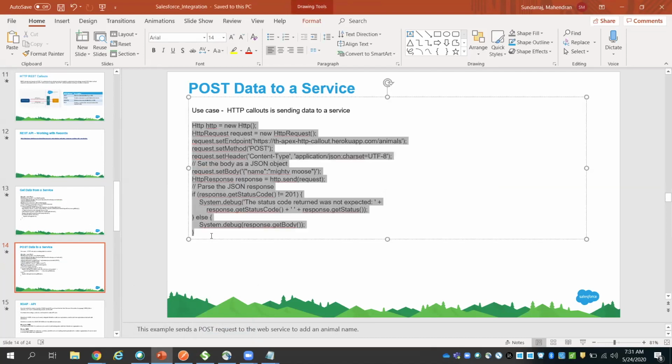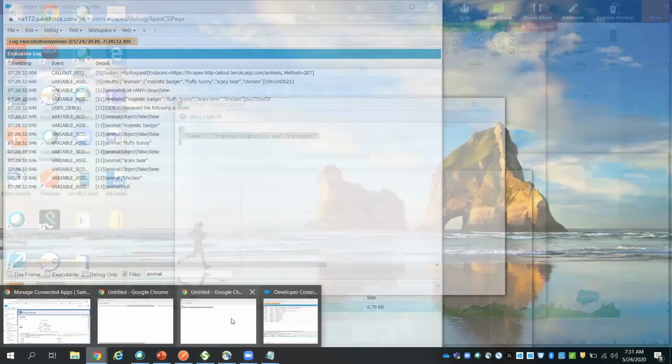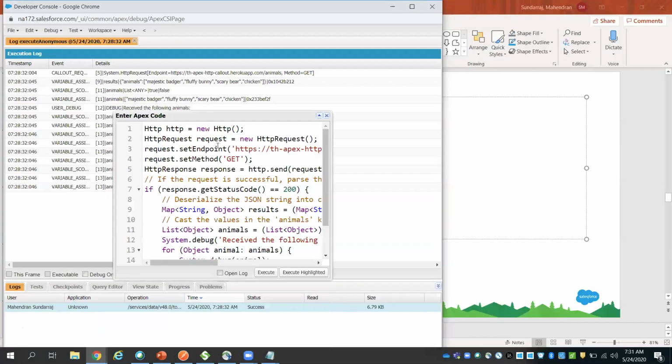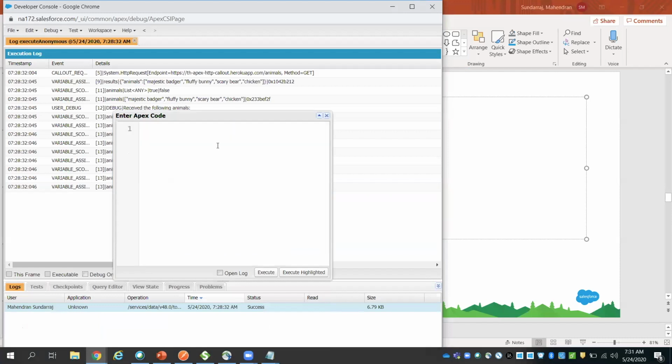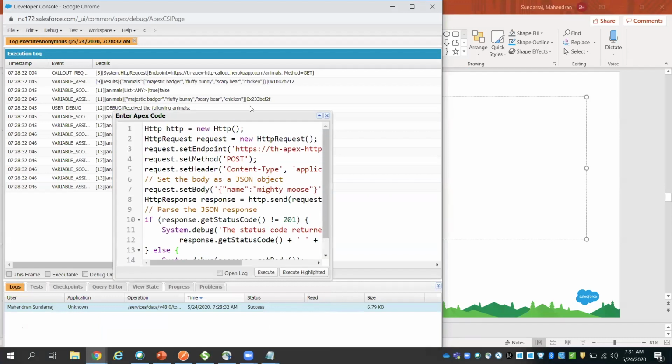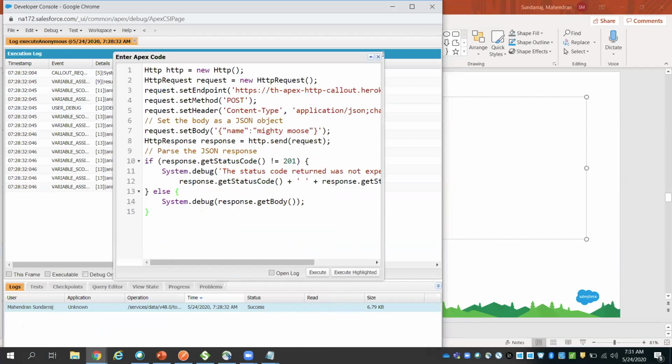I'm going to simulate by posting data from a Salesforce anonymous block to a third-party endpoint URL. If you see here, in the body I'm sending name as Mighty Moose. I'm just sending a small code. This particular code you can write in your Apex logic. So here is an anonymous block. We can put any chunk of code and execute it here.